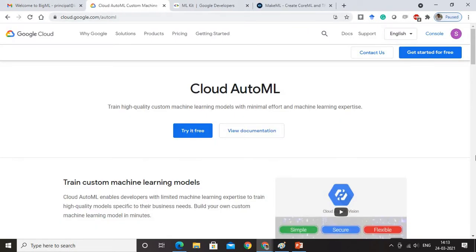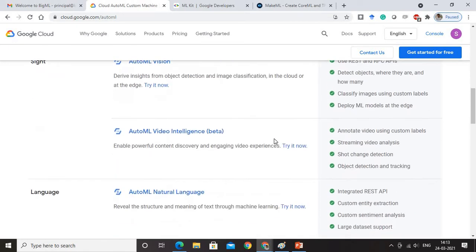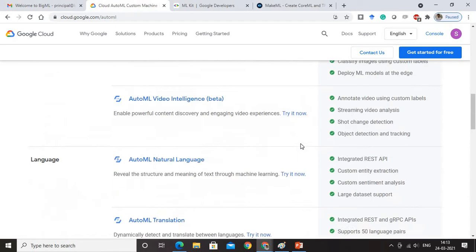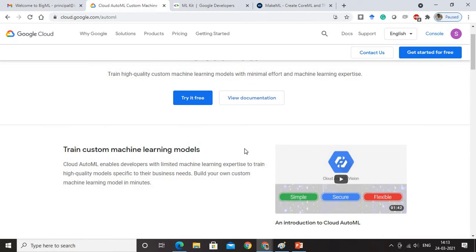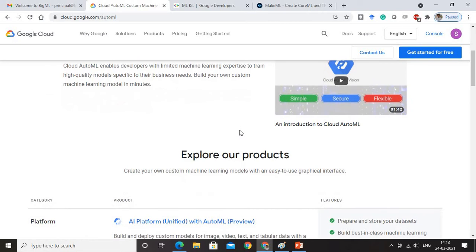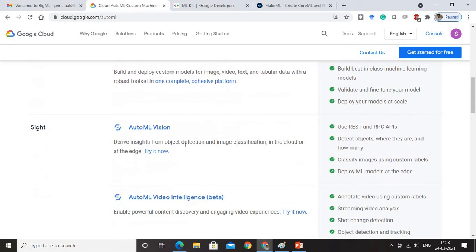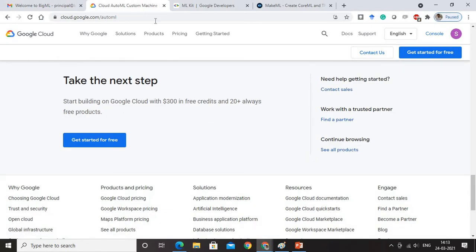Right. The next one is a biggie. It's Google Cloud AutoML. This is very neatly done, and the web page that we have in front of us is really very amazing, and it's very well made. This is something that can really be very helpful for any beginner to go on with, and as usual you can understand the way Google gets things done is very good. So you can train custom machine learning models with this, and they have got a clear set of videos which are very short and sweet for somebody to learn, and they've got products already available which you can start exploring, and you can go ahead with it as well. You can see that they have done a very neat job here, which is at the next level.